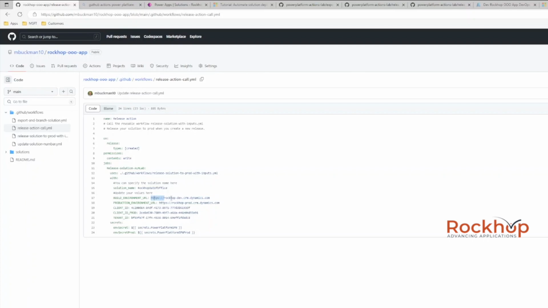values. You're going to want your build environment, your dev environment for this configuration value, the production environment URL, client ID, and again, I have a client ID for production, two separate ones, my tenant ID, and then my environment secrets. And I've got one for dev and one for production. So once your configuration values are all set up, you can then commit your changes and your actions are all